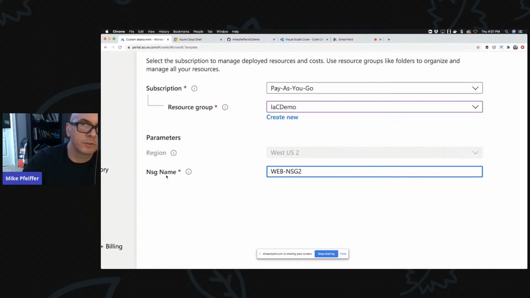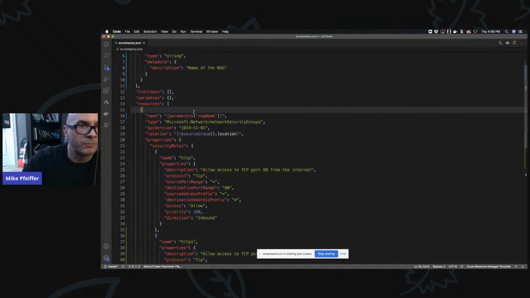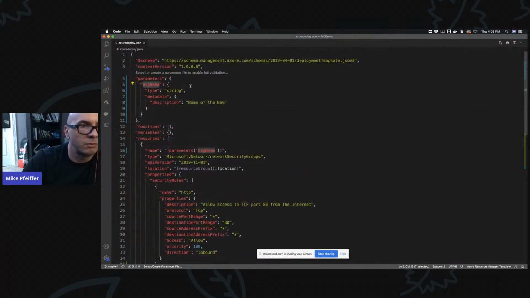So if you're building solutions for other people on your team to use, you can build a really prescriptive template, right? They don't need to really know much about Azure. They just need to know how to fill in these fields. You can even put a description in these little text boxes, these little context menus. But what's cool about this is notice how it's formatted in a readable way, NSG name. That's because over here in the template, if you use this camel case notation, it'll render the display name like that for you, and this description will show up in the portal.